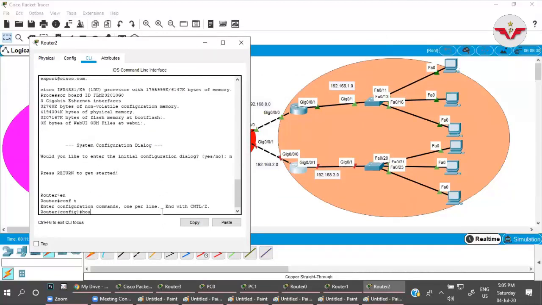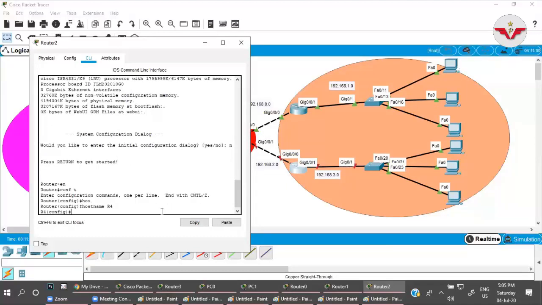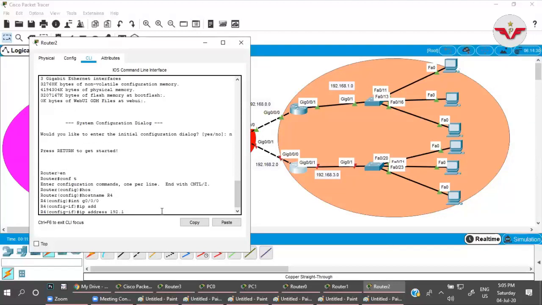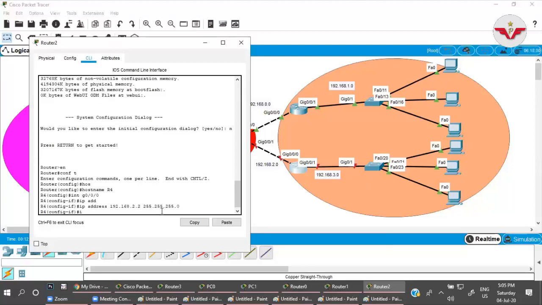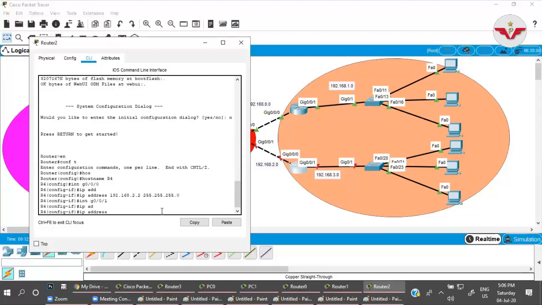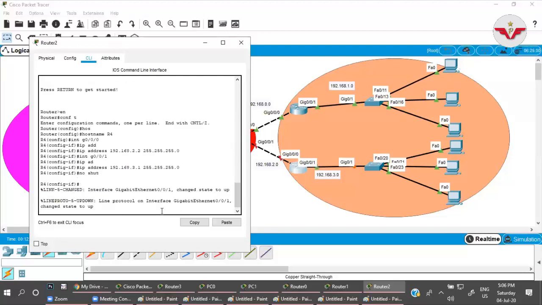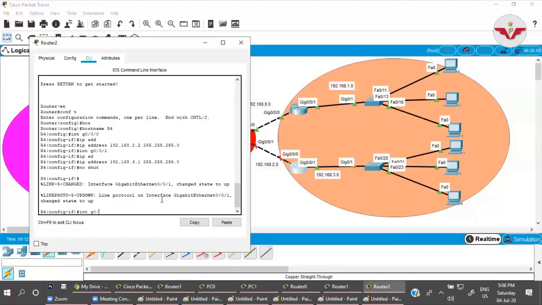Enable, config t, hostname R4, interface Z0/0/0, IP address 192.168.2.2, 255.255.255.0. Interface Z0/0/1, IP address 192.168.3.1, 255.255.255.0. No shut. Okay, interface Z0/0/0,